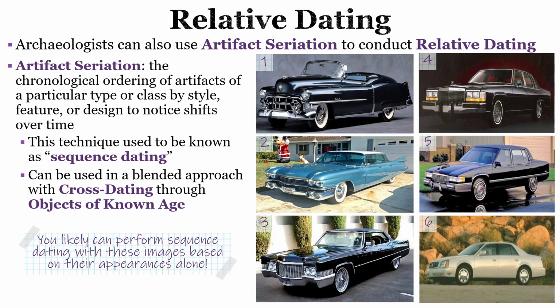So a 1960 Cadillac is number 2, and then 1970. And there's some pretty noticeable changes between 1950 and 1960, and between 1960 and 1970. The shift, however, between 1970 and 1980, as personified by 3 and 4, they're there, but they're starting to get